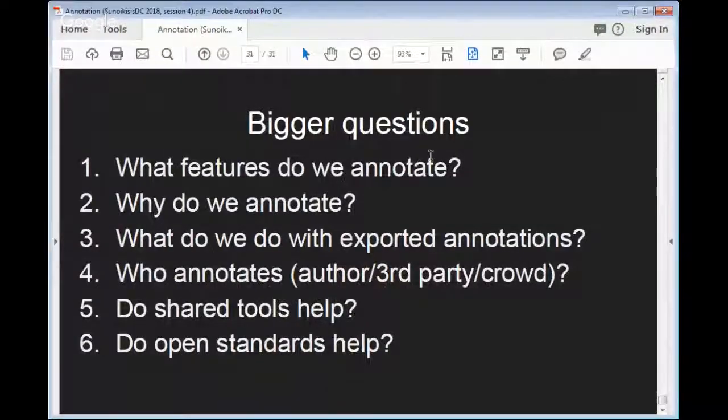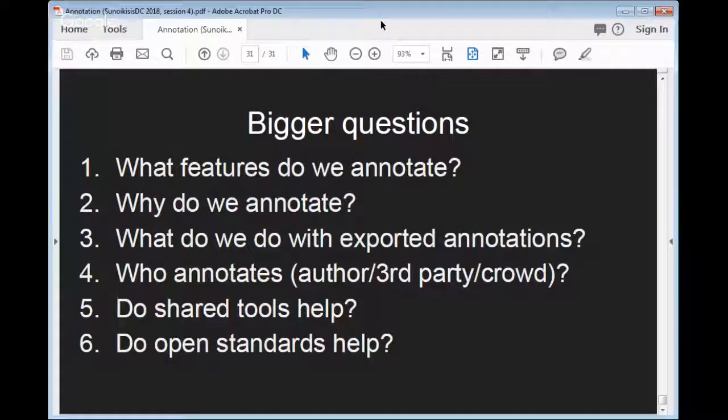And so finally, I've gone on for longer than I intended to. Let me finally go back to the slides, and for the final slide, I have just asked a couple of slightly bigger questions about annotation. These are questions that we can discuss now for a few minutes with the other people in the Hangout, but also that you might think about when you're doing your annotations as an exercise at home. And these questions, what features do we choose to annotate?